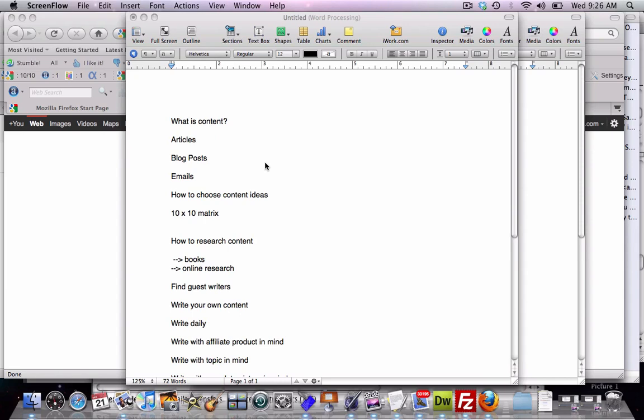So what is content? Well, content online, without going into a stiff definition, is things that people can see that you have and they can read. So content could be an article that you find online. Content could be a blog post. Content could be a forum posting. Content could be a web page posting. Content could even be an ebook or a PDF. If you think about it, content could also be a physical book that you pick up in the bookstore. Content could be an email.